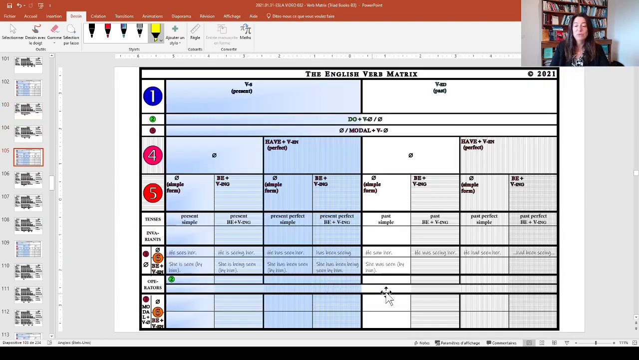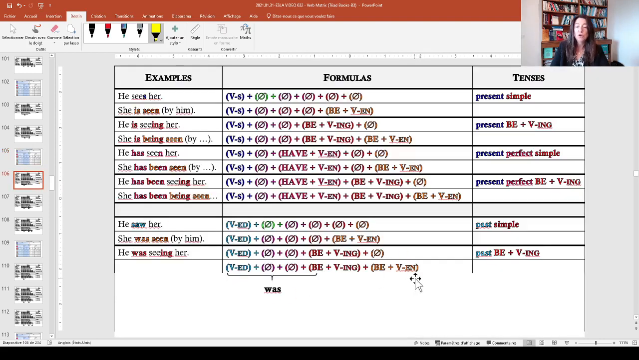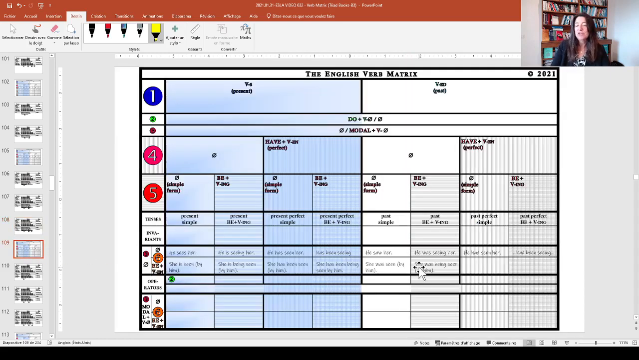So in the matrix, we add she was seen by him. And then we have the active voice verb form was seeing in the past be plus VING, and we want to switch to a passive voice verb form. So we want the past of be, which is was, and the VING form of be, which is being, plus the past participle of the verb. So we add she was being seen by him in the matrix, and we go on to the example in